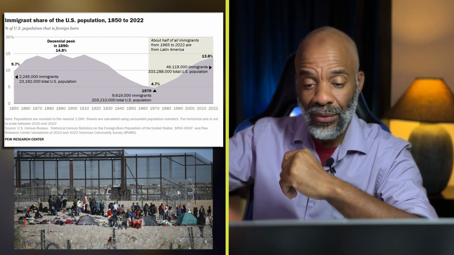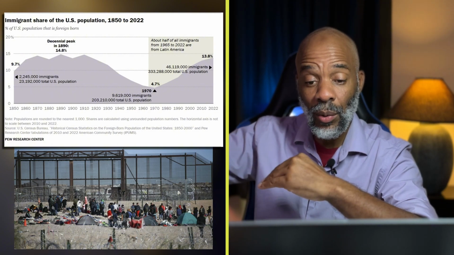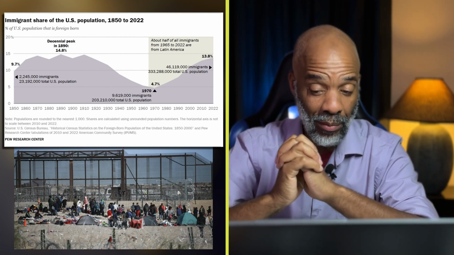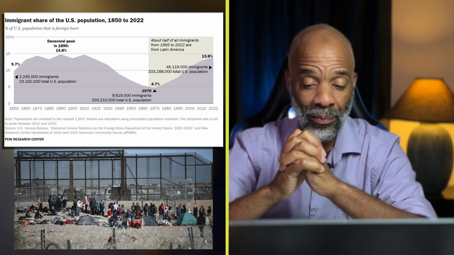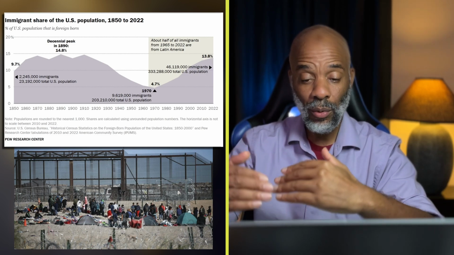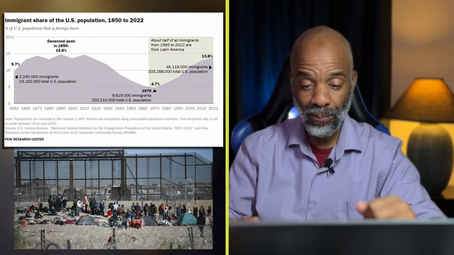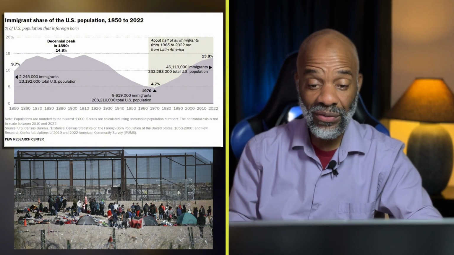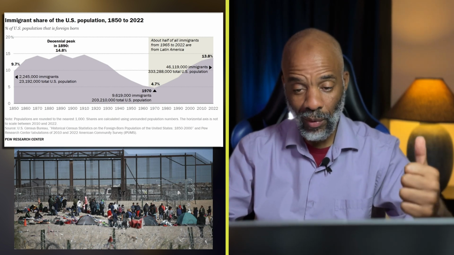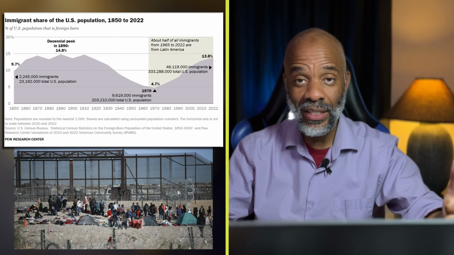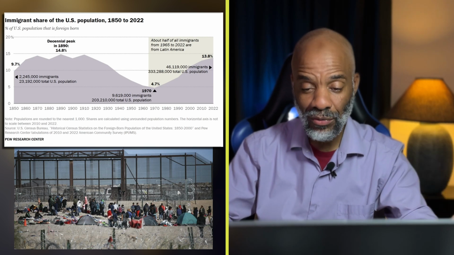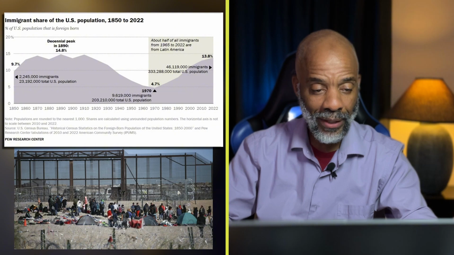And then suddenly, since 1970, it's just been going up. I would argue that this graph doesn't show 2023, but when the 2023 numbers come out, I suspect it probably will be the highest ratio between foreign born and native population that we've seen in the United States. So that gives you an overall history. Remember this: there are 46 or 47 million immigrants out of a 330 million population in the United States, which means it's roughly 13.8%.